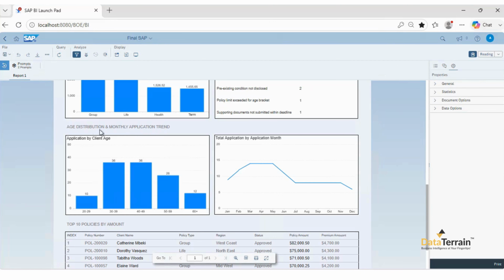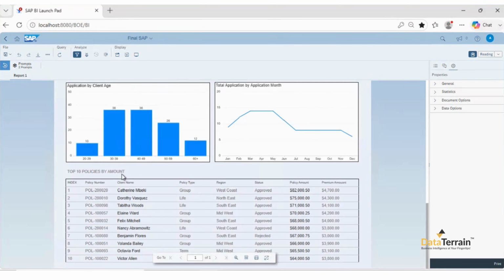This chart helps us understand which age group applies the most and during which months application activity is highest. This table highlights the top 10 policies ranked by policy amount, providing a clear view of the highest value policies